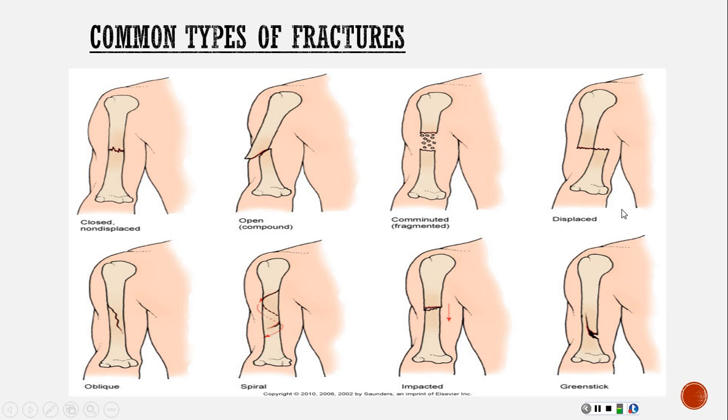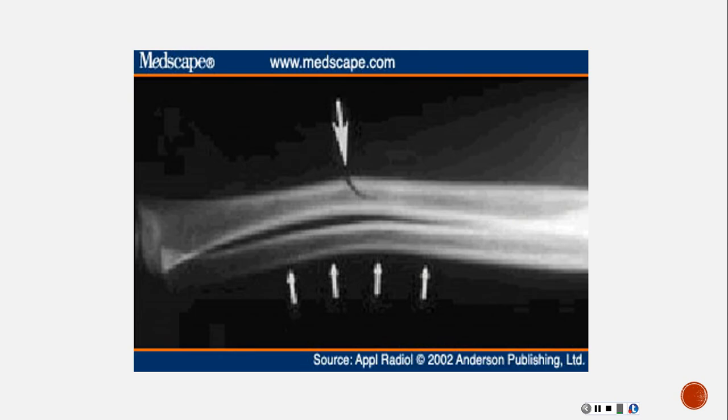And then finally, greenstick. Greenstick is almost always going to be either a pediatric patient with underdeveloped skeletal structure or somebody with some type of pathologic issue that causes that greenstick fracture. I think I've got a picture here. It's similar to a fragmented one. You take a limb and just try to break it, but it's not a dead limb. It's a limb that's nice and green. You can break it, but it's not going to break all the way through. It's similar to that.